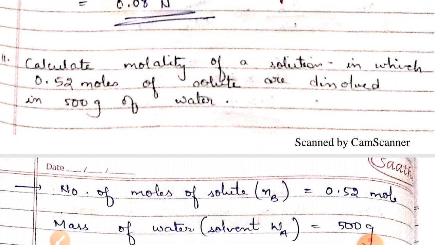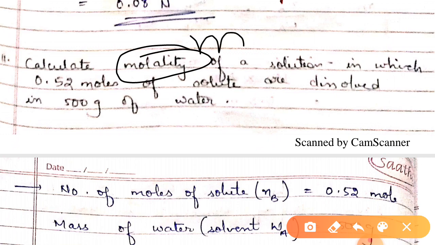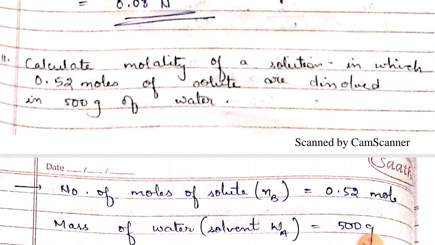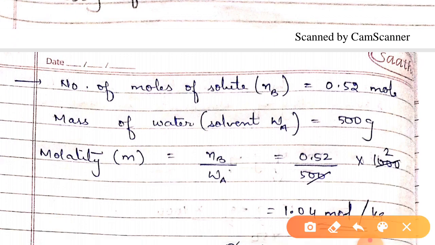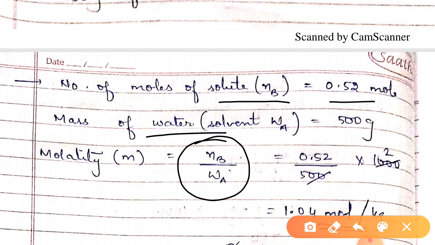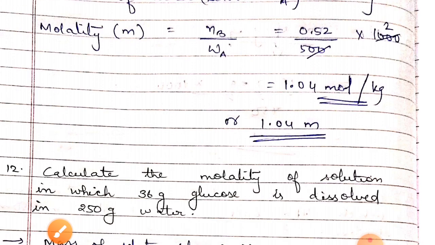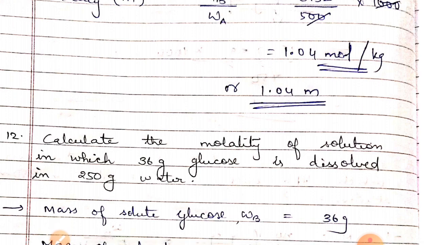Next, calculate the molality of a solution in which 0.52 mole of solute is dissolved in 500 gram of water. Now we are finding molality, that is small letter m. How do we find it? Small letter m is equal to number of moles of solute upon mass of solvent. So the number of moles of solute is 0.52. Mass of solvent is 500 gram. It is in gram, so to convert into kilogram, multiply by 1000. So 0.52 divided by 500 into 1000 results in 1.04 mole per kg, or small letter m, which means,